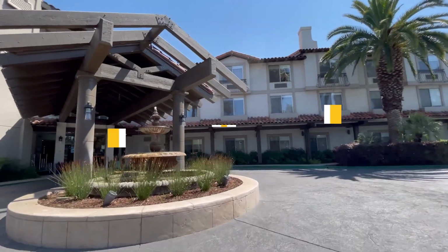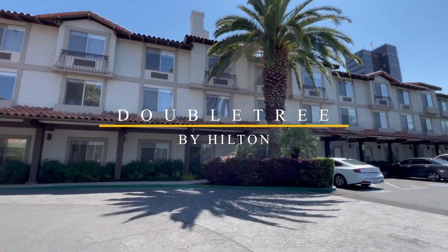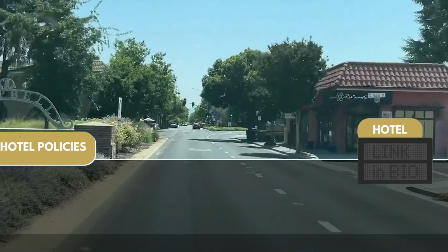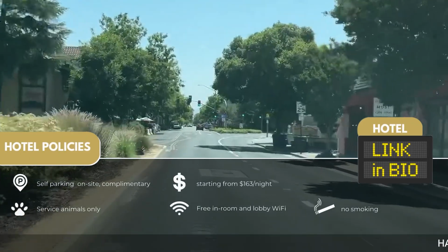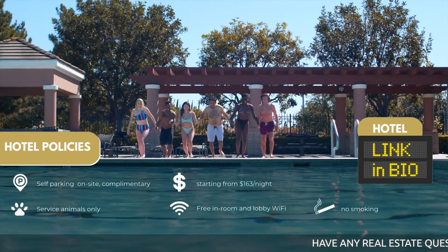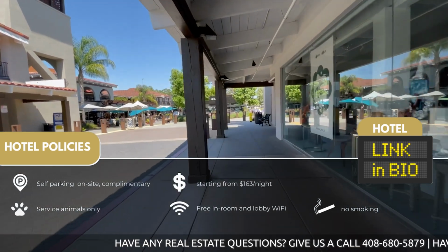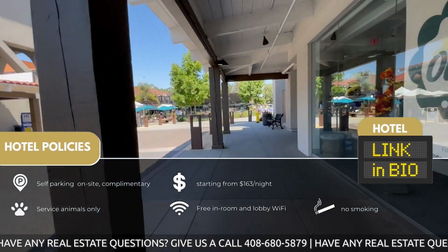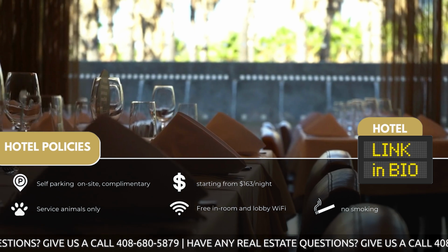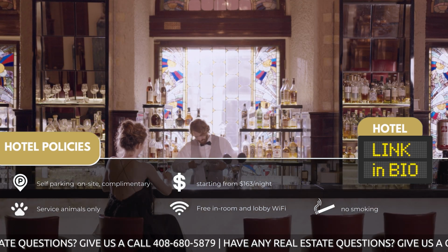First up, we have the DoubleTree by Hilton in Campbell, and this hotel is located in the Pruneyard Plaza. This hotel is located in the heart of Campbell and offers spacious rooms, a fitness center, and an outdoor pool. You'll also be just steps away from the Pruneyard Shopping Center, which offers plenty of dining and shopping options. The hotel also features a restaurant and bar, making it the perfect spot to unwind after a long day of